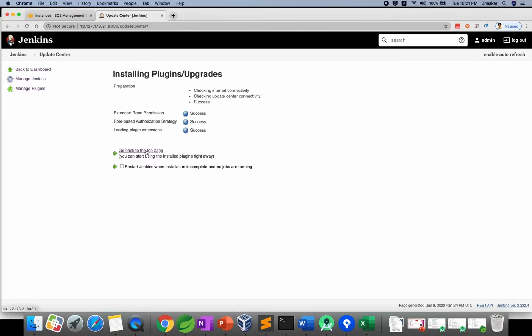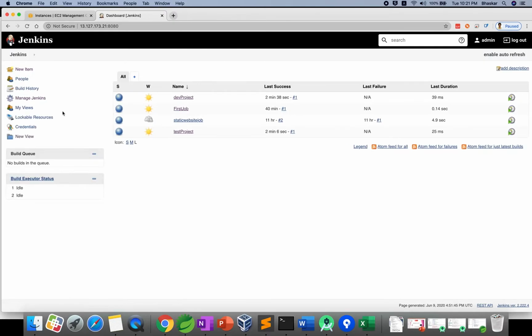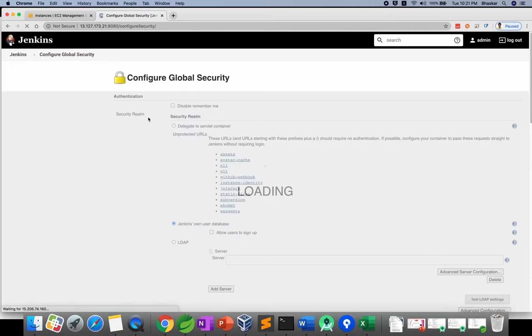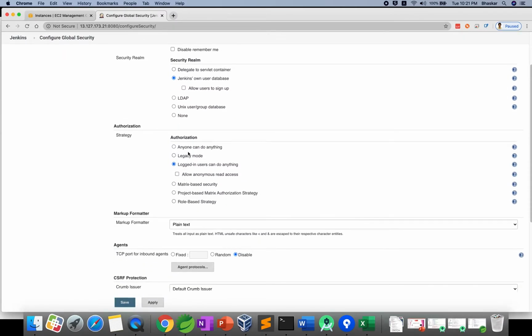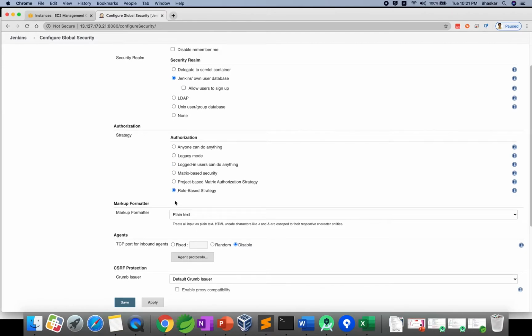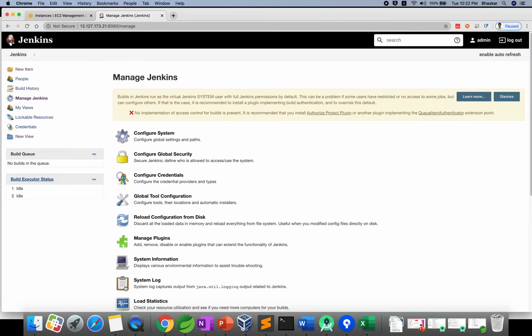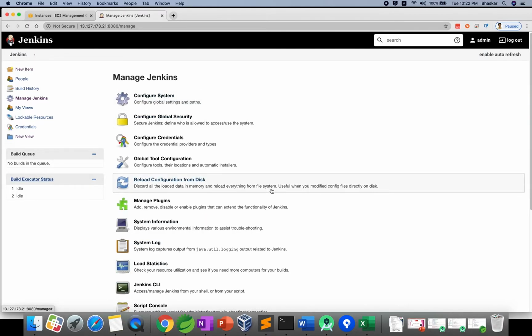Okay, now go to the top page. Now if you go to Manage Jenkins, Configure Global Security, you will see one option. See here, previously when I went here there was nothing. Just click role based strategy and save the plugin. Installing the plugin is very easy, but to configure that plugin we should know about that part. As a developer we should know Jenkins also, right? Now you can dismiss, no action.